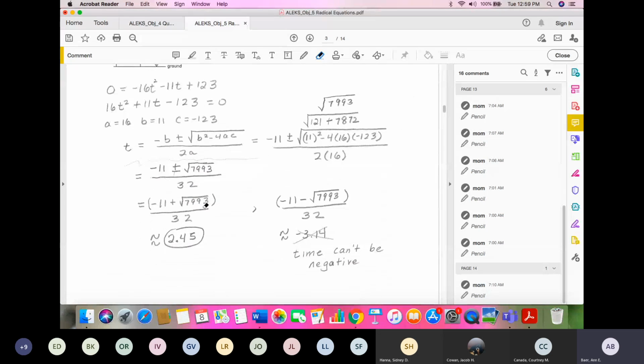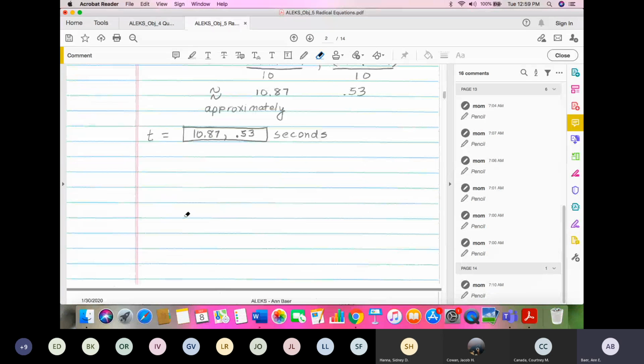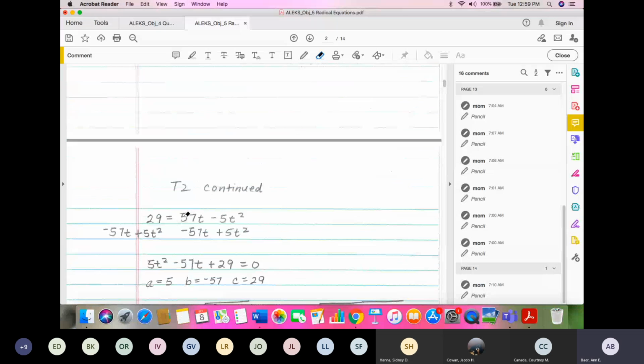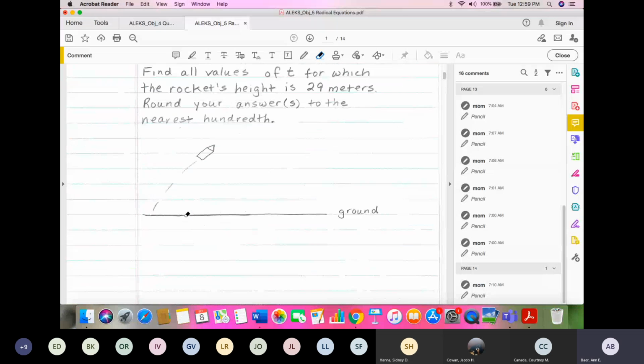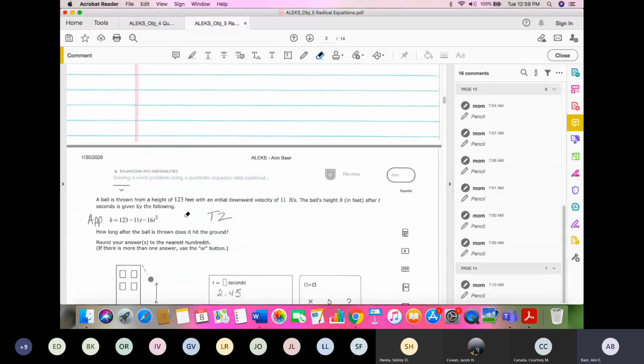Now I want to make a comment here. You can put this in Alex, a negative 11 plus this. Well, it doesn't really work on this problem. Let me see. Let me go back to the previous problem for a moment. Maybe not. Okay, maybe we'll have to go on. We'll have to go do another one.